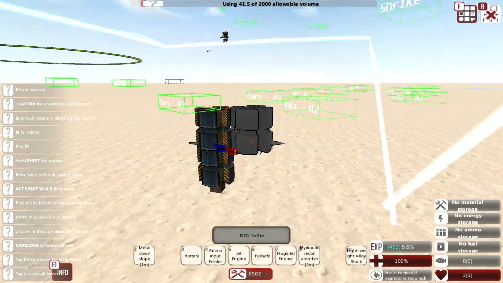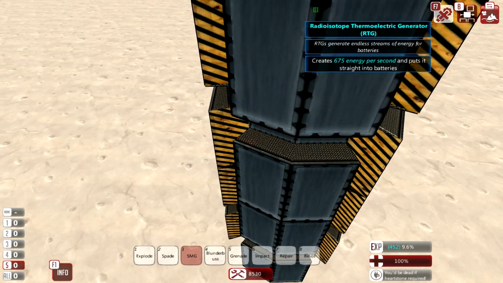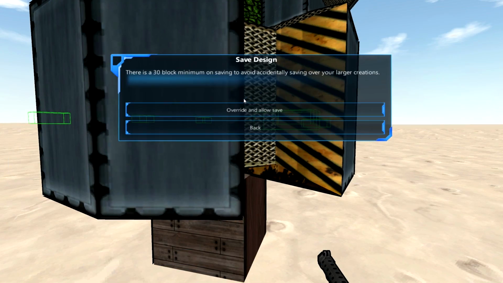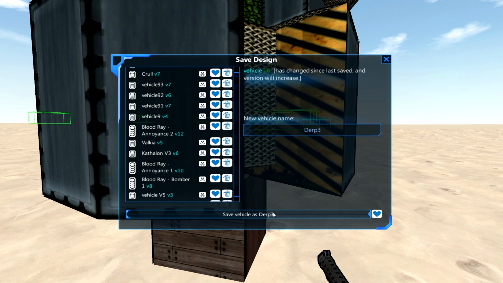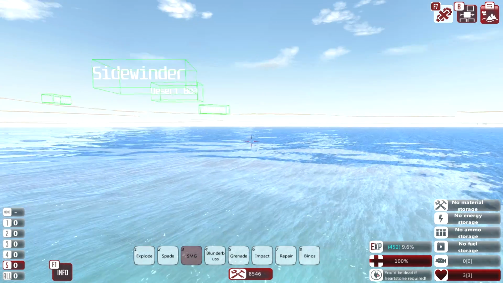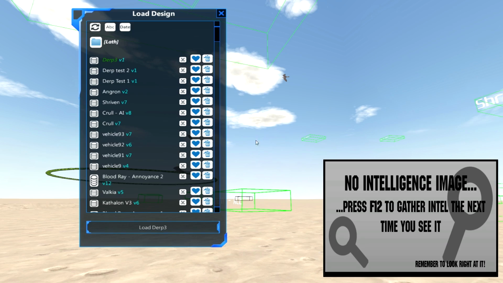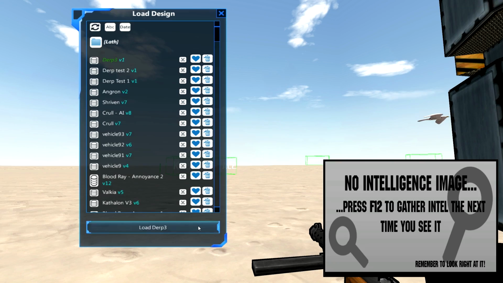However, this game does not have the ability to tell whether it's repairing or building a new vehicle. So if you just build an item like this, you can go off and save it. So let's go nice and close, save vehicle, allow as derp3. There we are. When it eventually saves and bugs out the game like always, we can then place down a couple of derp3s. As you can see, it should cost me 20,000 each. So I'm going to go ahead and place a load of these down like so,